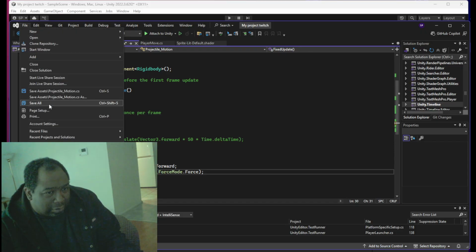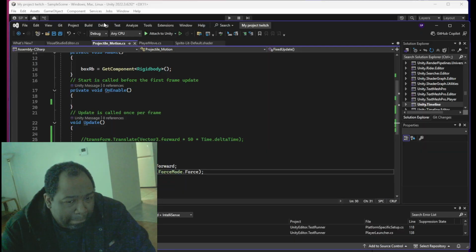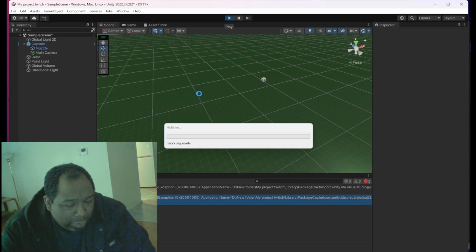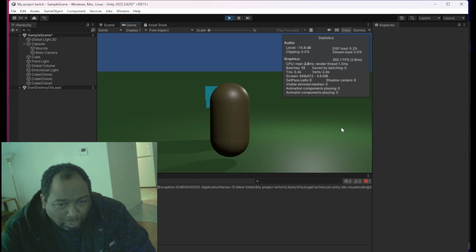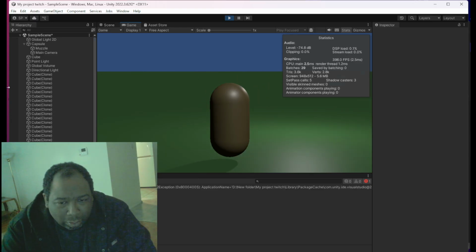And this should fix it. So it's actually going down the forward vector of the player now.